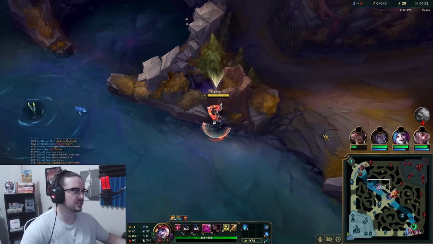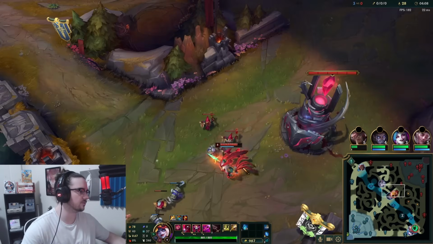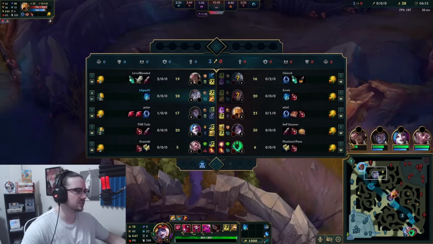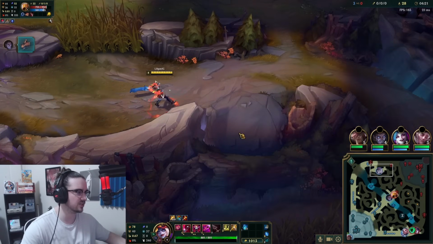Now, Vi usually starts red buff. That means that she would go to Krug second, and then Raptors. So usually if someone starts Raptors, their Raptors would spawn at 4:10. So that means that Krug spawned a little bit after. I'm going to assume that she might be a little late based off of the fact that she had to do blue buff there. I'm going to greed this, but you have to be very careful with this because